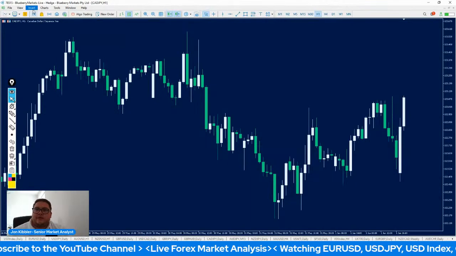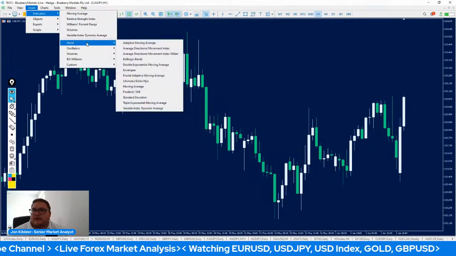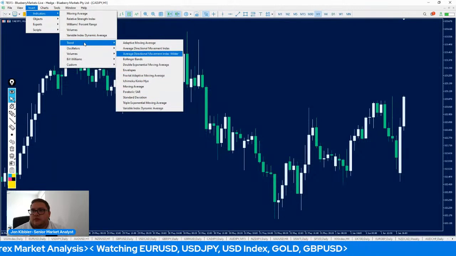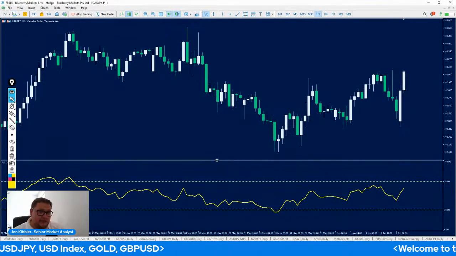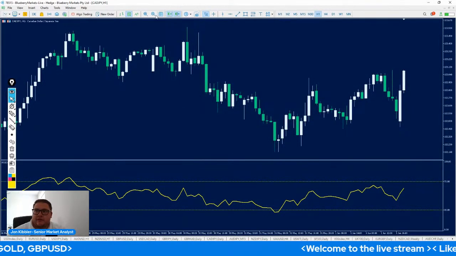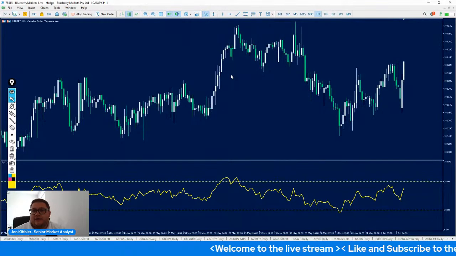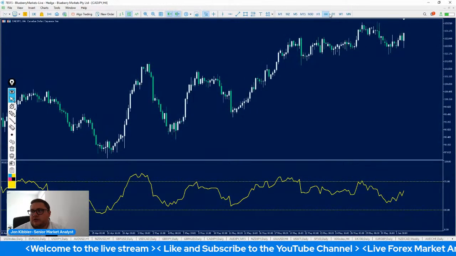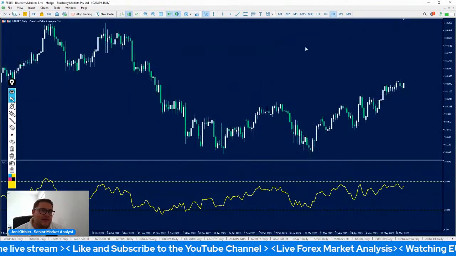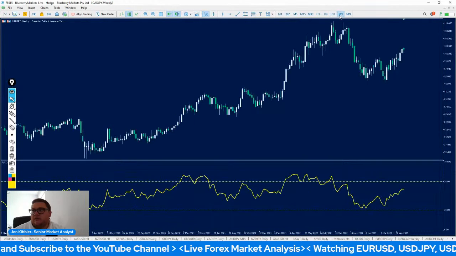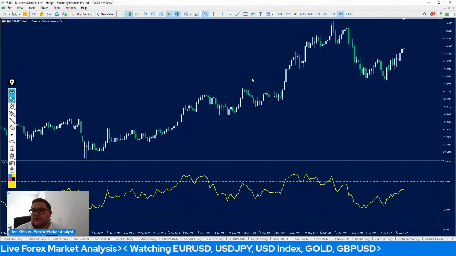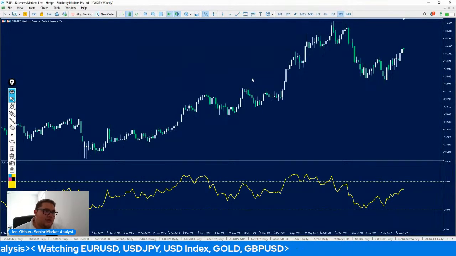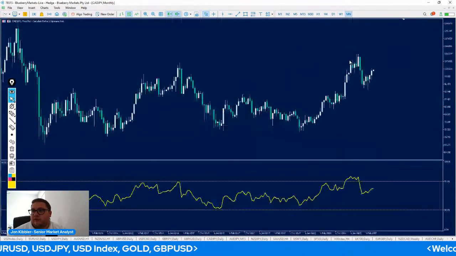Right, now what we need to do as well, we need to add in an RSI indicator here. Sorry, oscillators, RSI. Now I keep it on 14. You can change that. You can put it to 7, have a little play around, put it to 10 even, and have a little look at that. But I'm just looking for divergences in the market, and I'm looking for those trending situations. So whether that be on a daily, weekly, monthly, 4-hour, doesn't matter. As long as there's a sort of trend being developed, then I want to be looking at the potential for